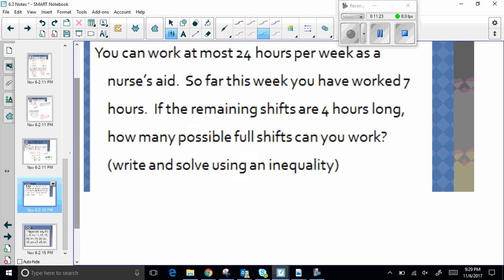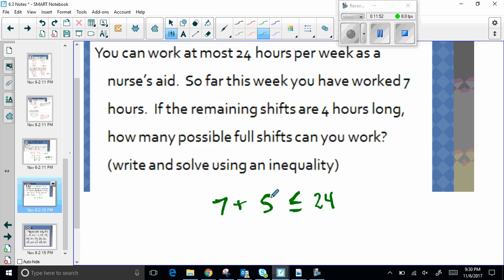All right, so here's the thing. You want to work 24 hours. No more than that, though. So you can work something that is less than or equal to 24 hours. So whatever you got going on over here has to be less than or equal to 24 hours. Well, you've worked 7 hours, plus you're going to work a shift. Actually,